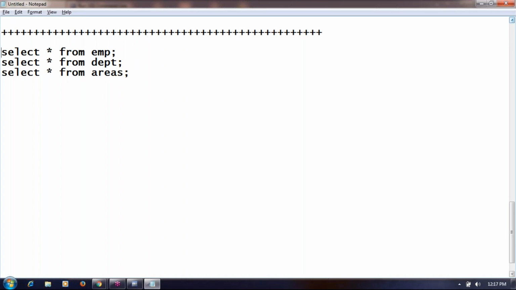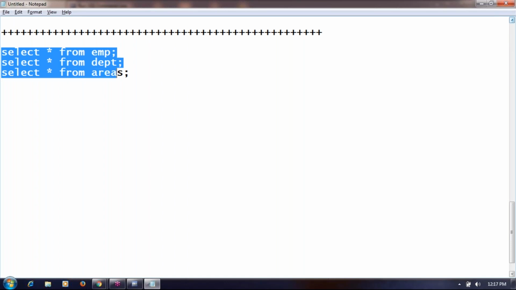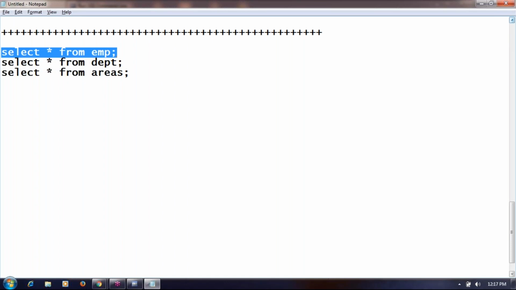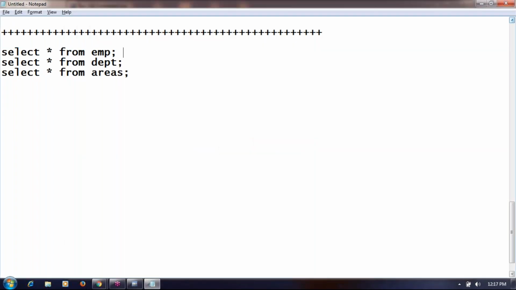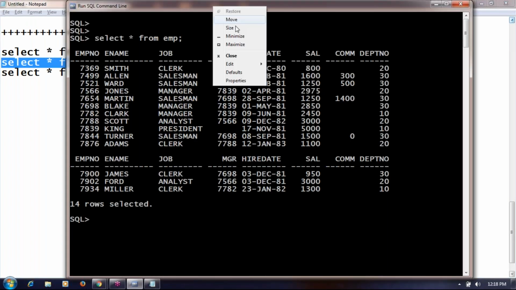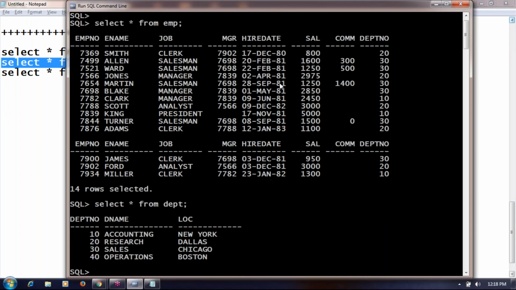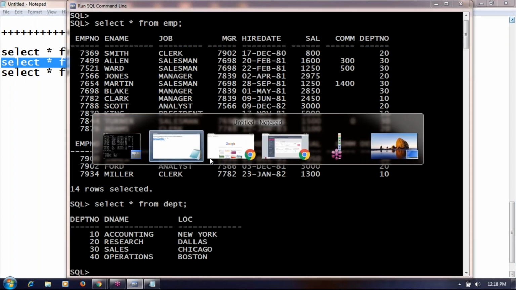Dilavar, we are considering 3 tables: one is the employee table, the other is the department table, and the other is the areas table. We already know the employee table has 14 records. The department table has 4 rows.